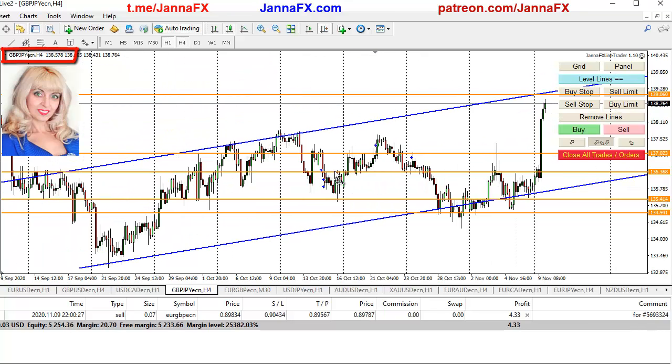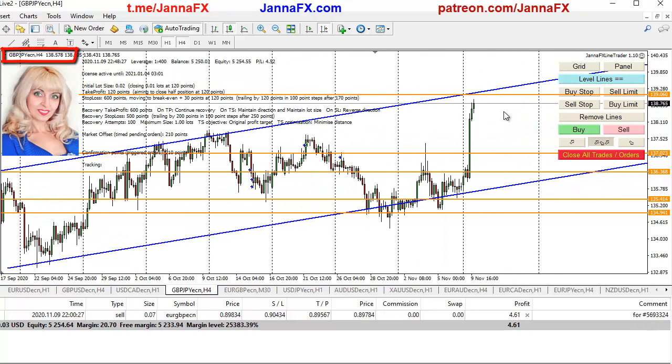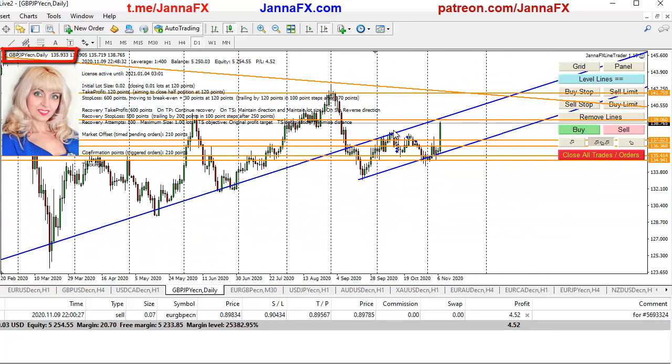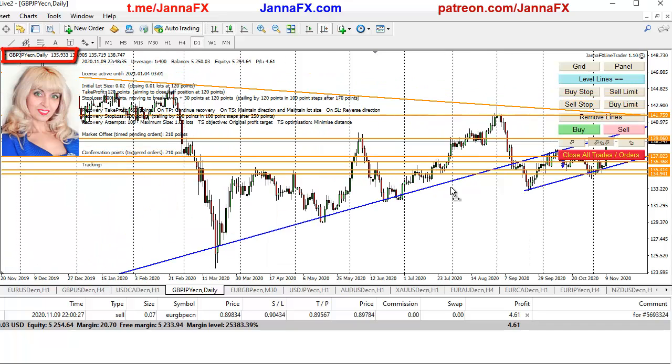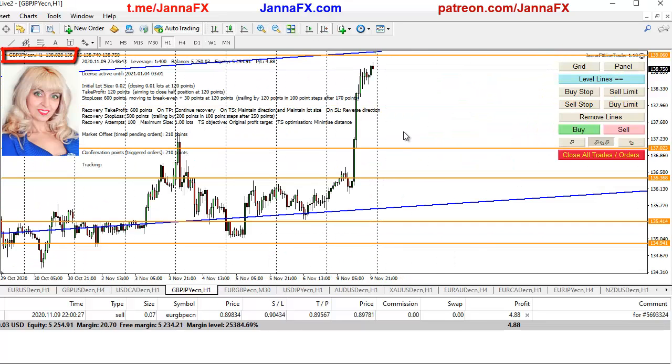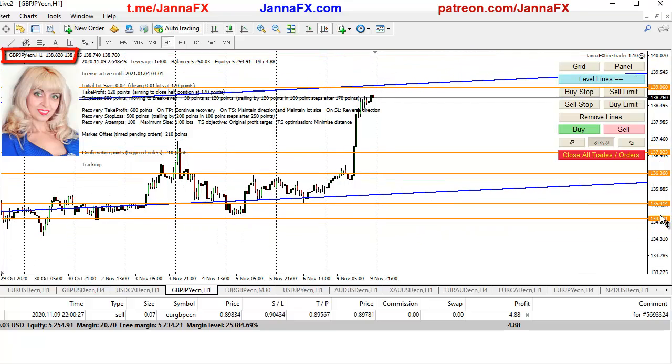It's in this channel, so of course I would expect a possible correction and maybe some news for Brexit. At the same time, you see it might break out from this channel and continue the way up if it will be based once again on those COVID news. But at this moment I'm just going to wait, because it does look like a quite nice move and a nice area to watch.